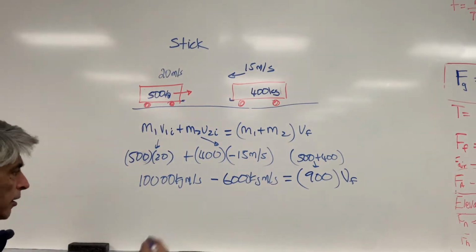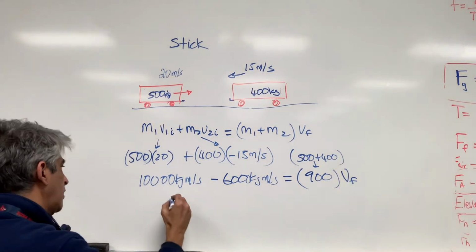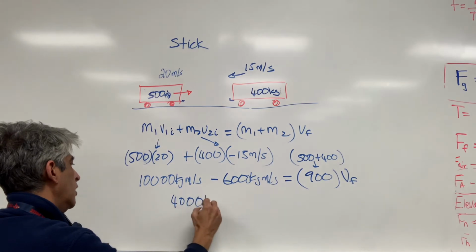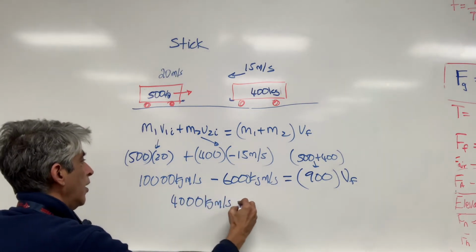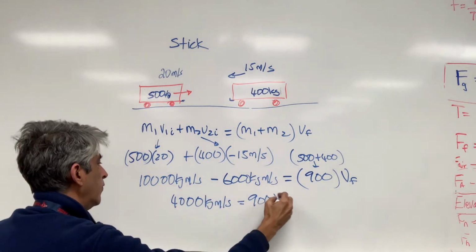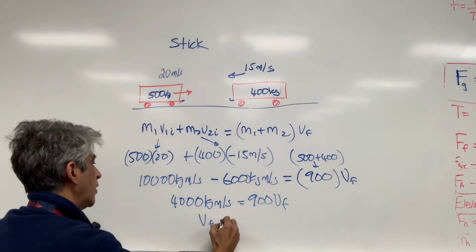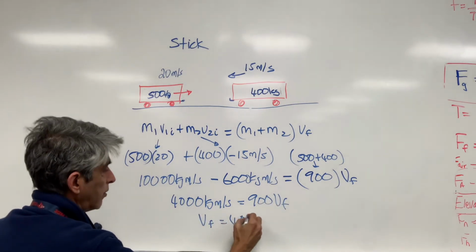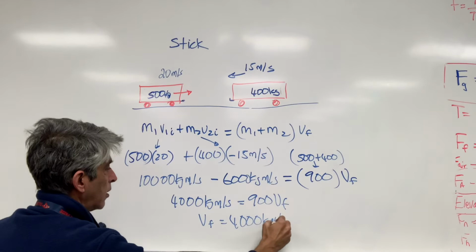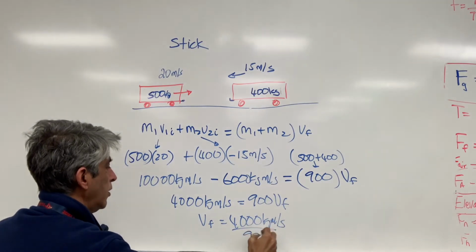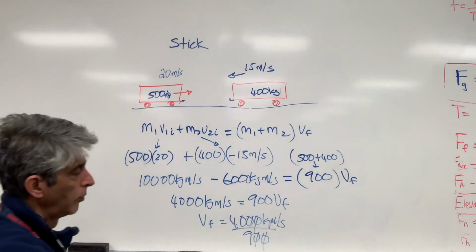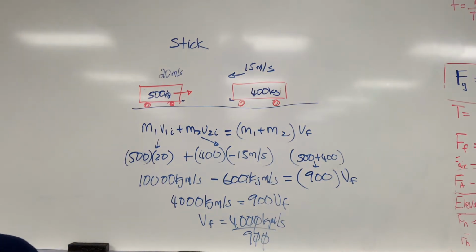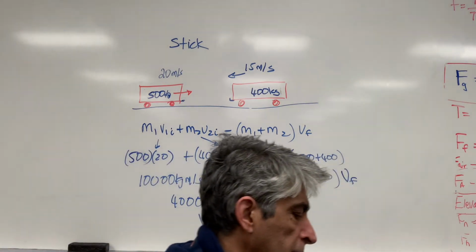Continuing here, 10,000 minus 6,000 gives me 4,000 kg m/s, and that has to equal 900 vf. So vf would equal 4,000 kg m/s divided by 900, and that would be 40 divided by 9,